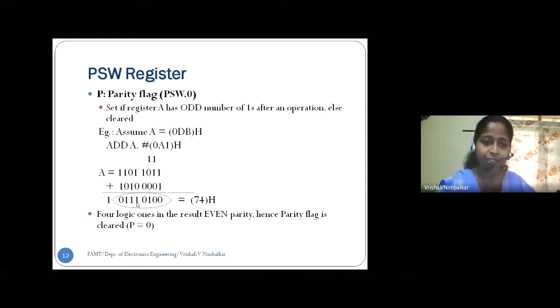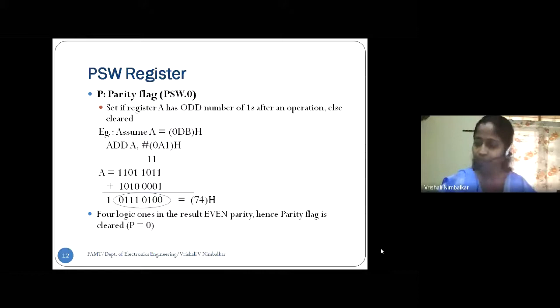This is first, second, third, and fourth. So there are 4 ones in the answer. There are 4 ones in the accumulator. Hence, it is even parity. Even parity means the parity flag is cleared. If it is odd, the flag is set. If even, the flag is cleared.